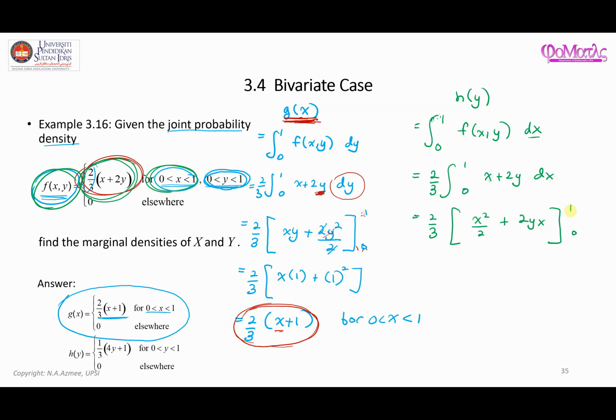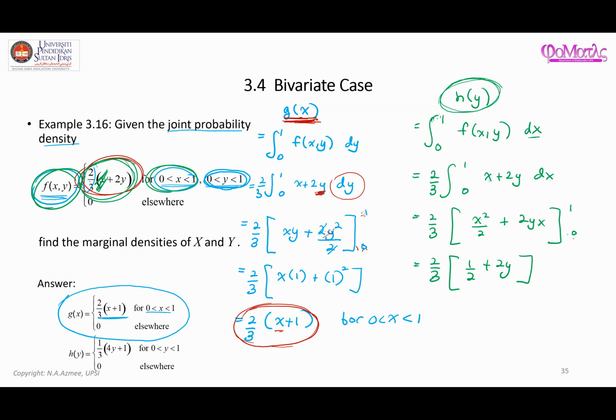So now we're going to substitute the values of 1 and 0 into x. And I hope you can see that by doing it, we will eliminate x. We're going to get rid of x out of this original joint probability density, and so at the end of it, we will have a result that only depends on y. That means the function here only has y in it. So here we have 2 over 3. Now substitute 1 into x, you get 1 over 2 plus 2y. And if you substitute 0, the result is going to be 0, so we really don't have to do anything about it. Okay,